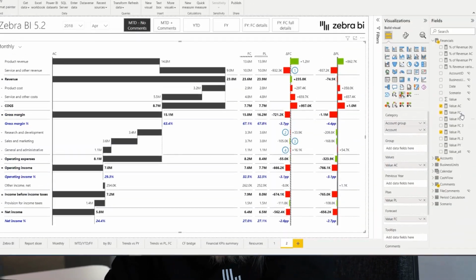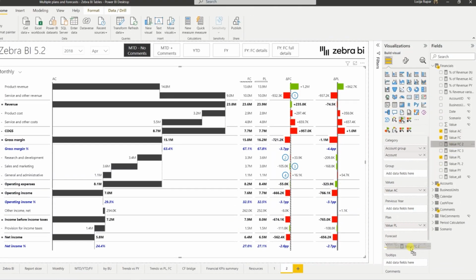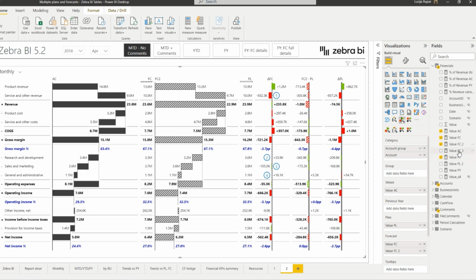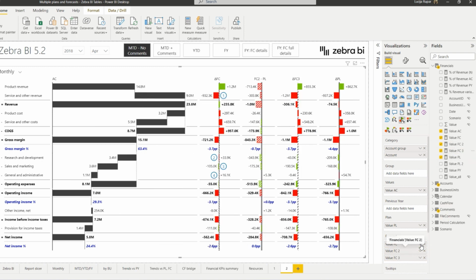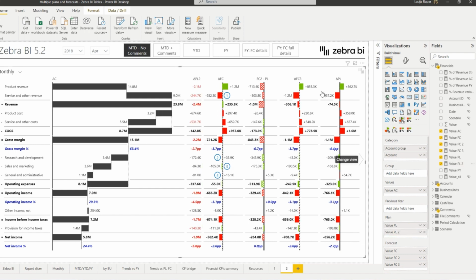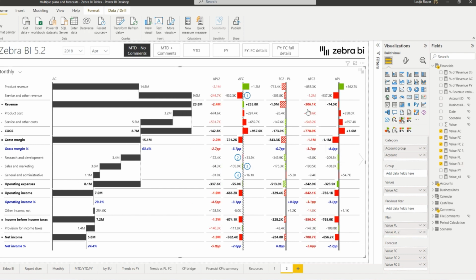Before I head off, I have a quick tip for you. Have you tried out our recently added feature of supporting multiple plans and forecasts in your Zebra BI tables visual? It enables you to compare different plans or forecasts within the same visual so you can keep up with these fast-changing times. Nothing can surprise you if you plan ahead for multiple different scenarios and know how each turning point